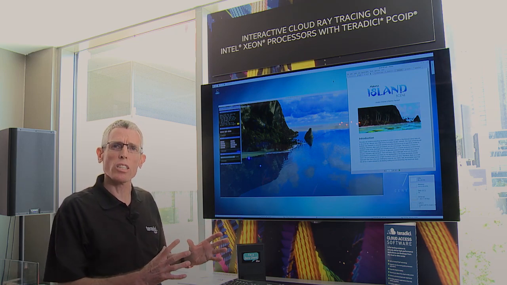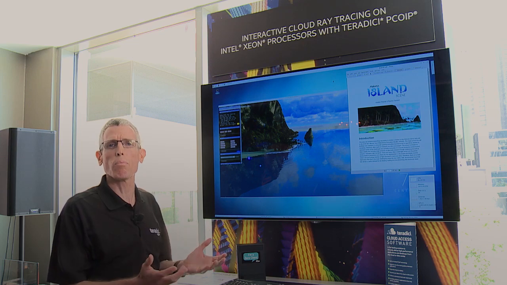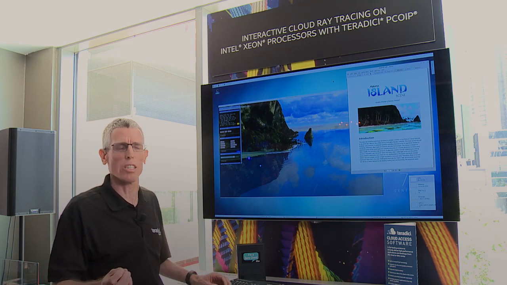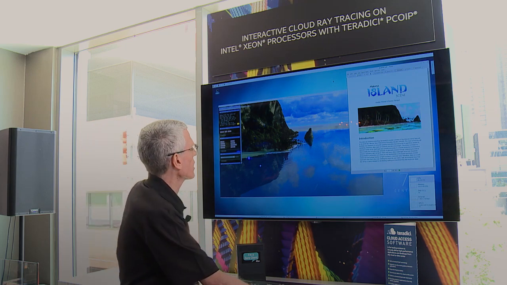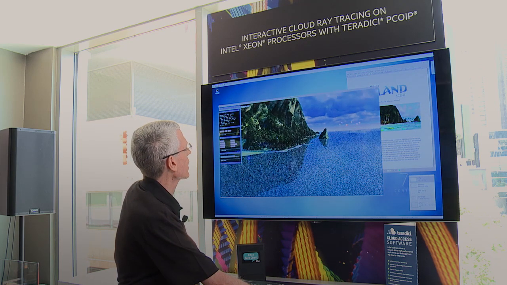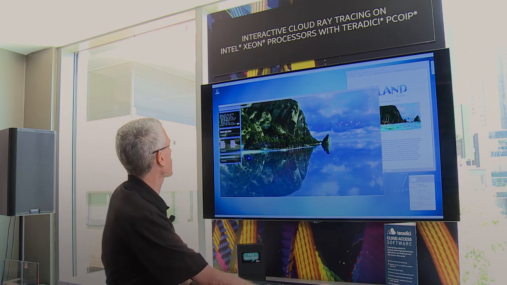And the content for this rendering farm is secured in the cloud using TPN or MPAA best practices. PCoIP is streaming out of the secure content network to the artists' desks, or here we're at an exhibit floor. And I can interact with this Moana scene, as you can see, in real time at the full frame rate. And we can zoom in and out of this island.